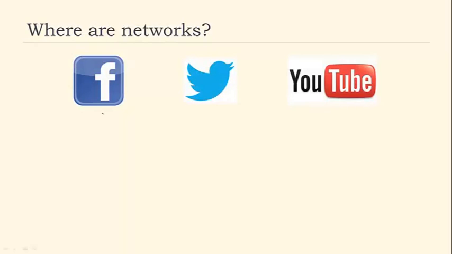So where are networks? Well, roughly speaking, they're everywhere. For instance, we have social networks on platforms like Facebook, Twitter, and YouTube. On Facebook, we have networks in terms of friendship relationships. On Twitter, in terms of following, so who you're following or who is following you. And on YouTube, we also have networks of people, but additionally, we can draw relationships among movies, like which movies are watched by different users within a reasonable time window.